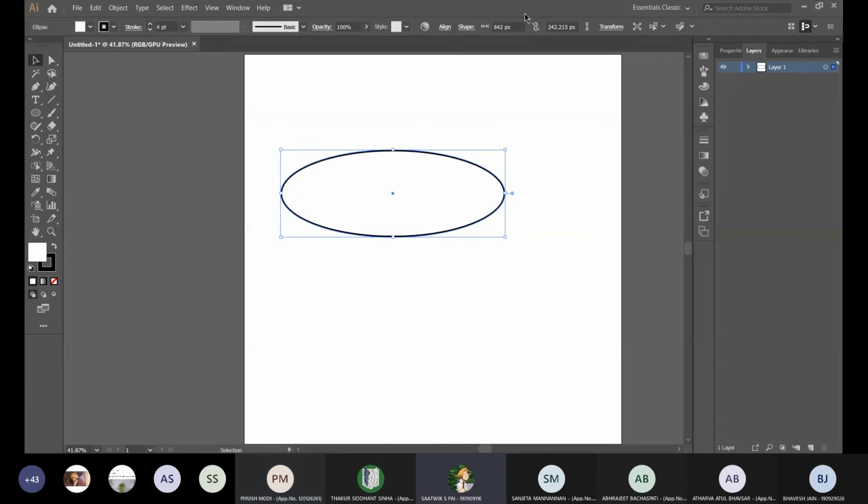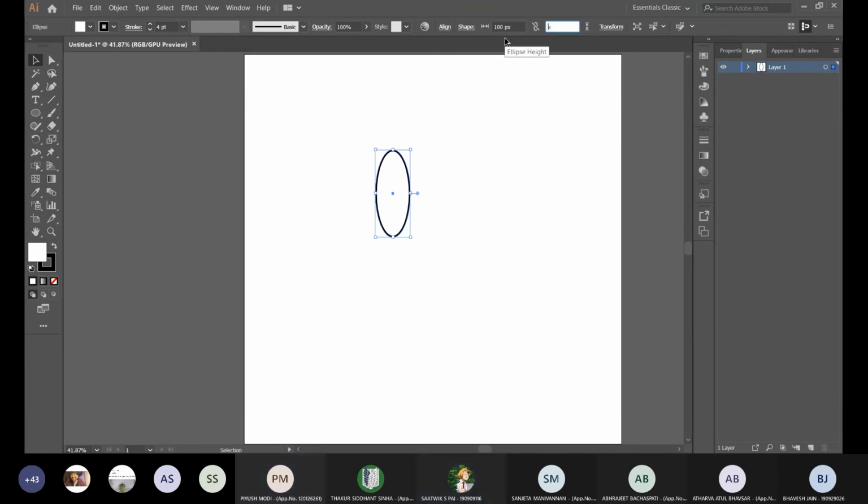That is when you're working over here. Say I keep it as 100 and 100 at the moment, it'll give you a correct circle. Now if I keep this constrained, that is when I want to define it.